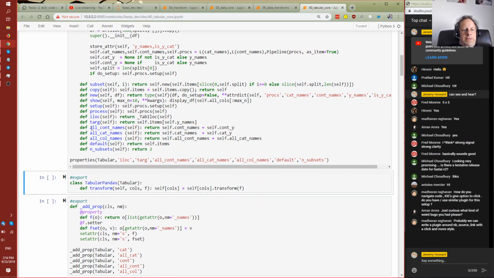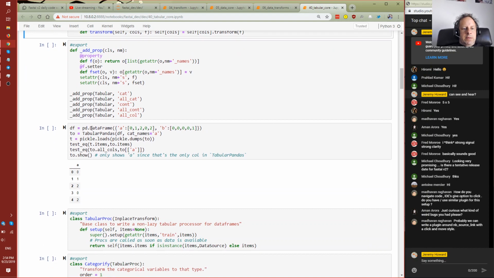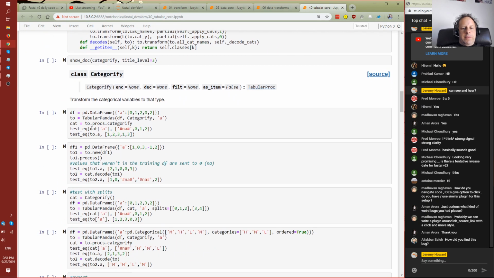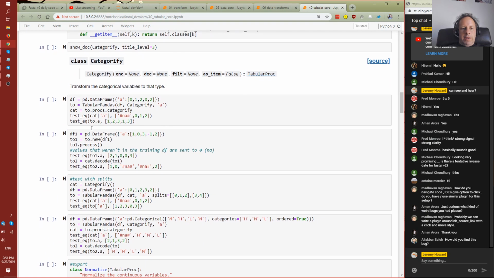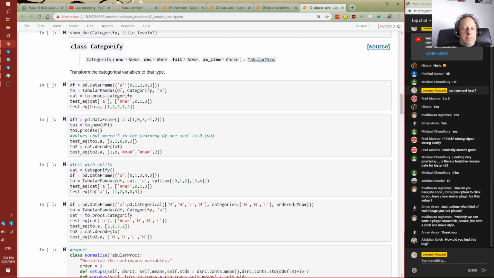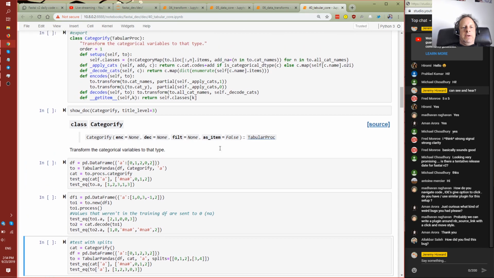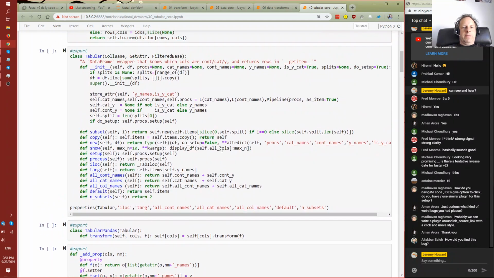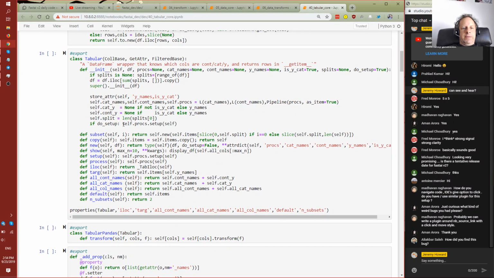So in tabular now, we don't have to call tabular object dot data source anymore. We can just pass splits, which I think I'll rename into filts, or maybe I'll call them all splits. Anyway, we'll make them more consistent. We can just pass that into our constructor. The other thing is we don't have to call setup anymore. We have all the information we need to set up as soon as we instantiate this. So we just call setup